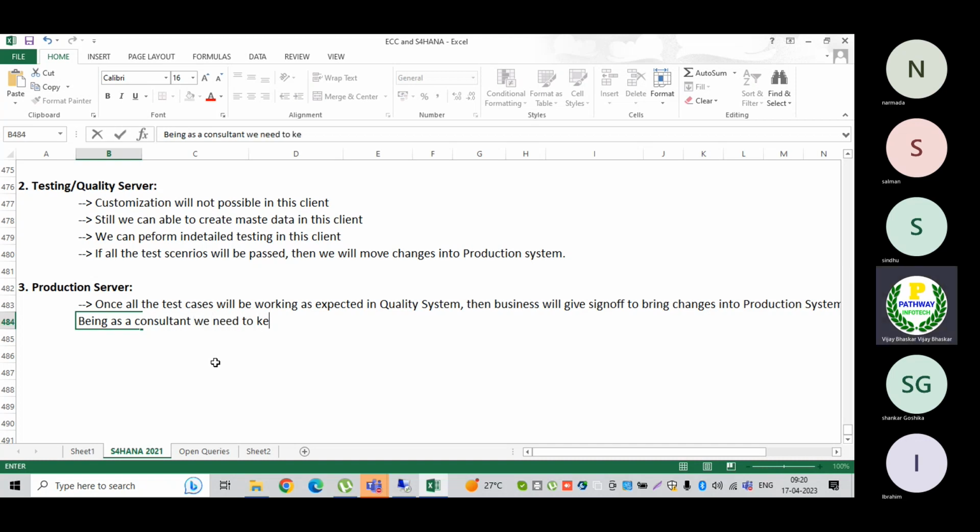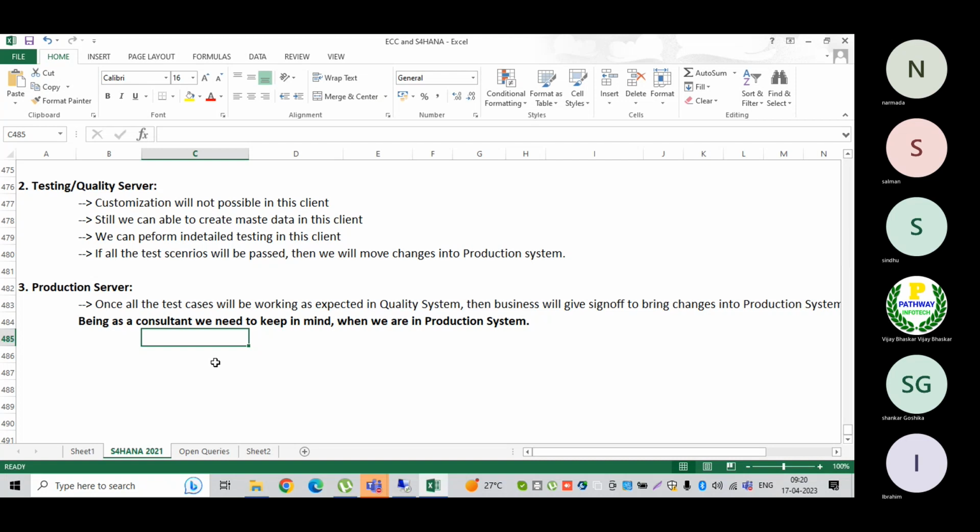We need to keep them in mind when we are in the production system. Remember, it's an important thing for you. Even this will be helpful for your interviews also. Then what points do you need to remember?